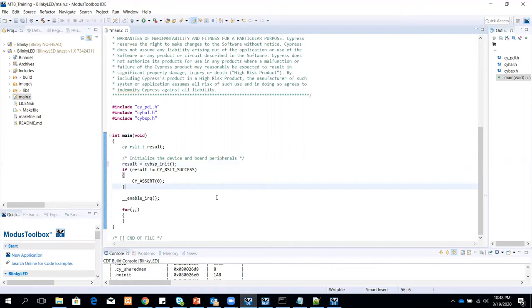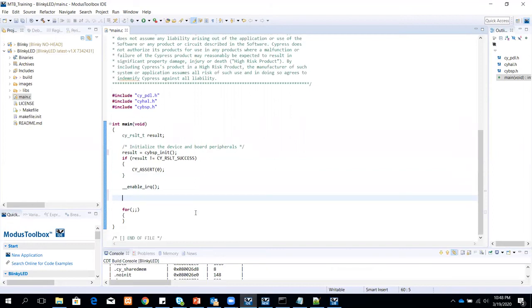And this is basically to enable all the interrupts. Now, after this is where you will write your code. If you're using the HAL, then you will not get into any of these directories. You did not open any one of them. You just come here, and use CYHAL as the prefix for using any of the HAL APIs.